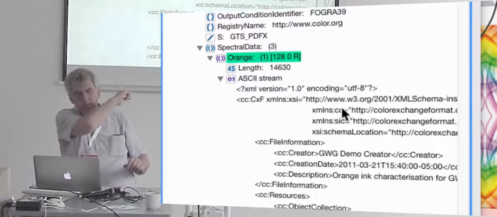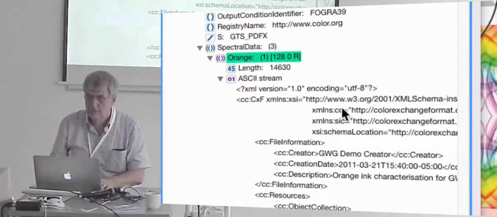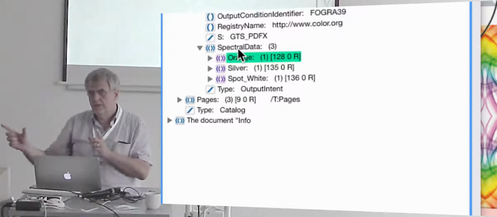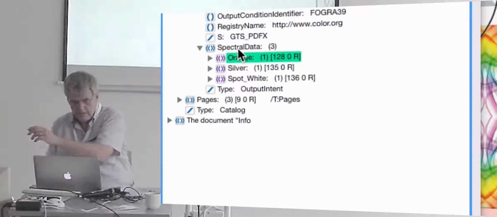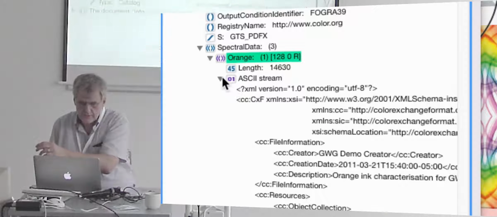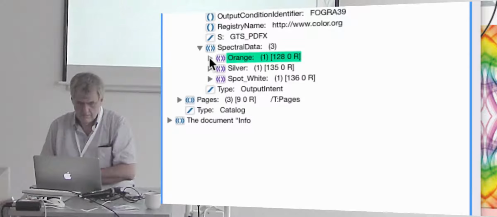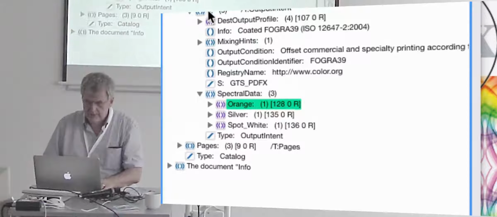This is the exact same XML as we have just been looking at in the other dialogue. So this is an array defining 3 spot colors. It's a dictionary, because it's a key value pair construct. So you have the name, orange, and the value, which is an ASCII string. Okay, that's that part. And just in case you were curious about the mixing hint,